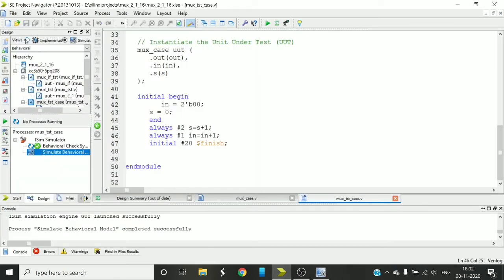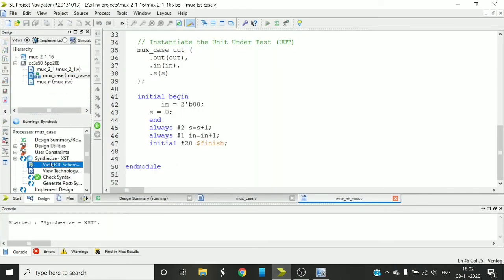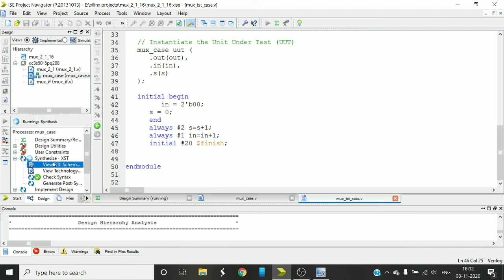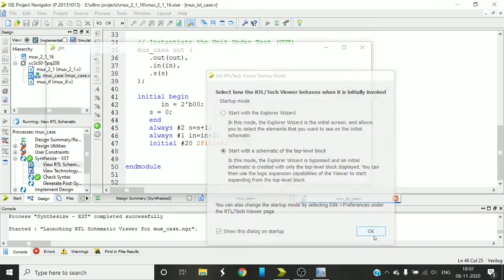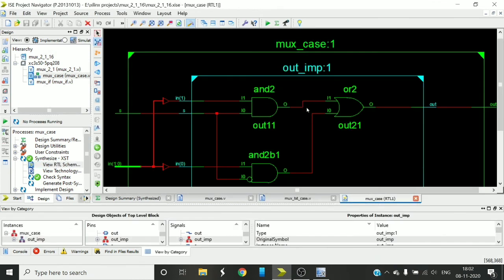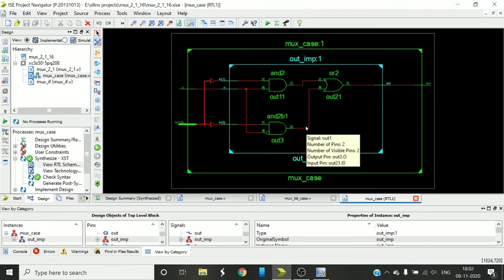Let us also check the RTL schematic of this using the case statement. The RTL schematic is simple logic, that is S bar I of 0 plus S I of 1. So it is 2 AND gates.